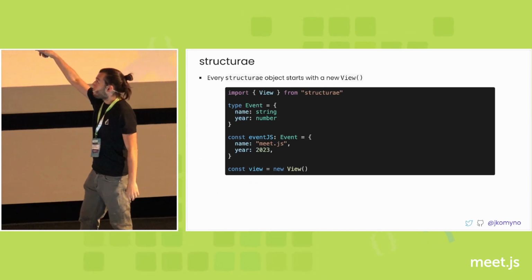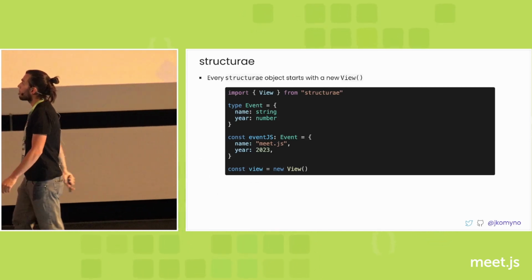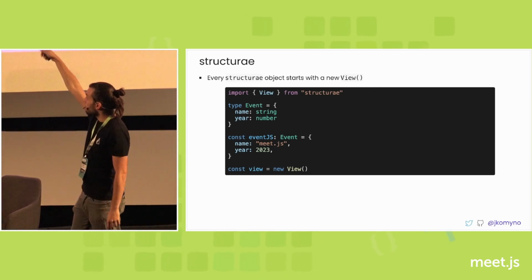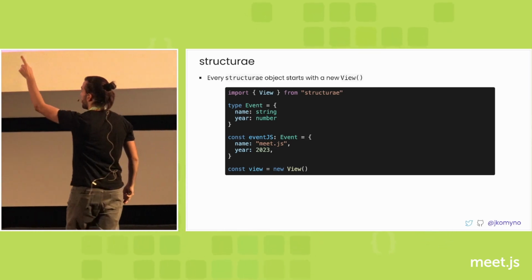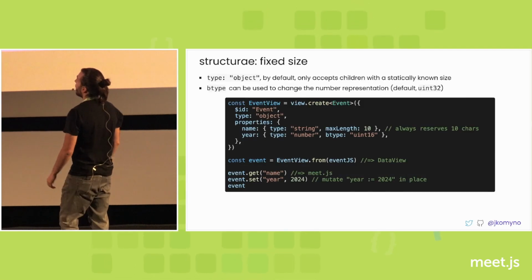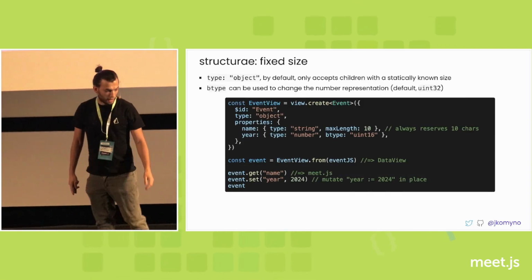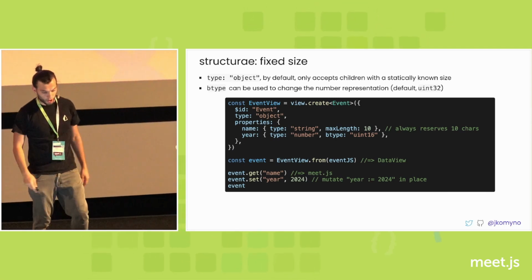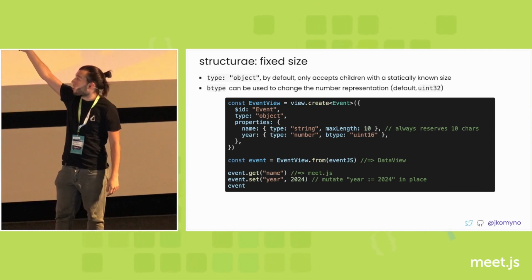A little bit on an example. Everything starts with an import view from Structure. You have an event type, name and year. A similar example here. And then we initialize a new view. And the way it works is that we specify a JSON schema. You see there at the top, type object, which can only allow us to have